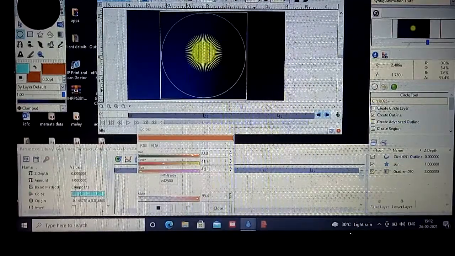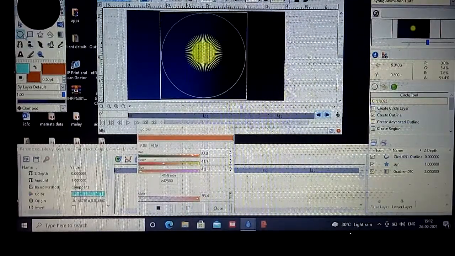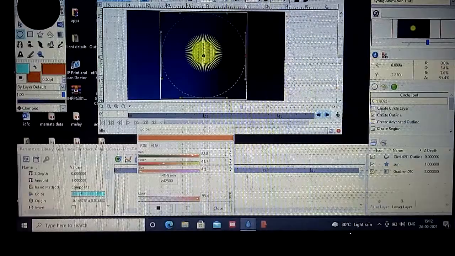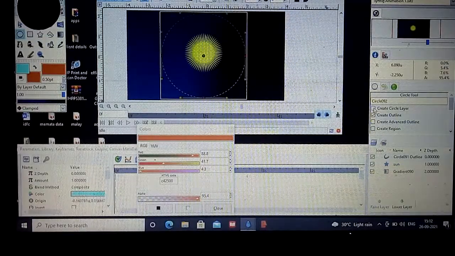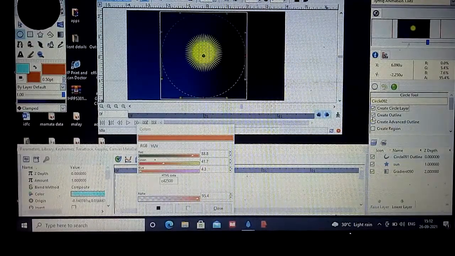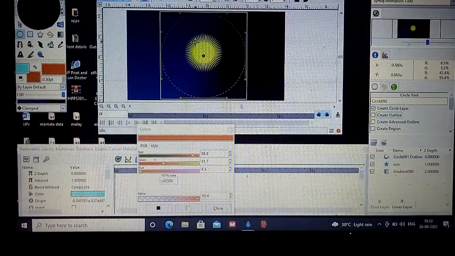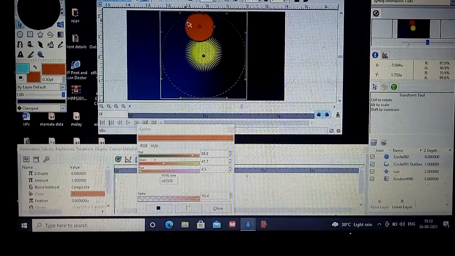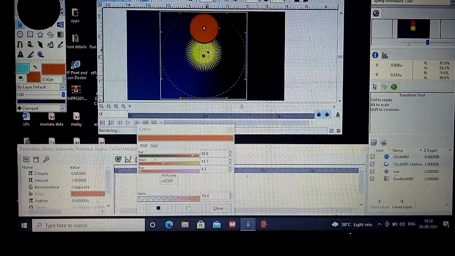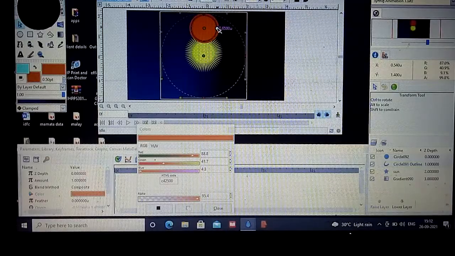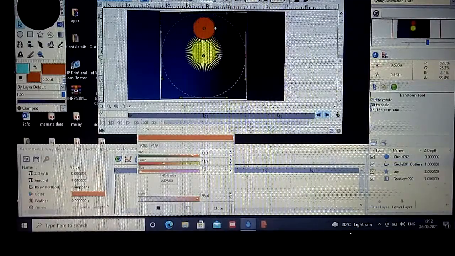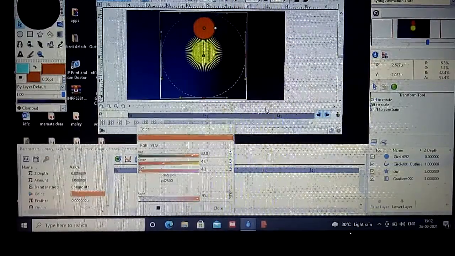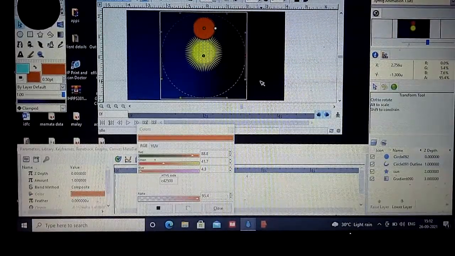Now we also want the planet, right? So we will draw a planet also. Again, see here, from that you have to select create layer and you have to deselect this create outline layer. And I prefer that you should draw each and everything in the center, so it will be good for you. Okay, so here this is my planet. I will make it a little small, otherwise it will look like the planet is bigger than the sun. But yeah, this is all.